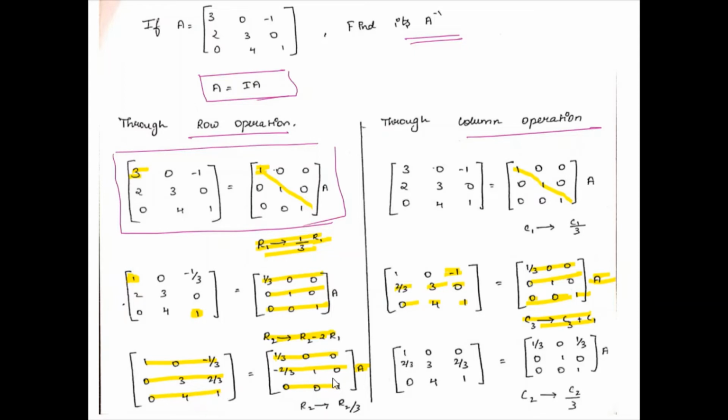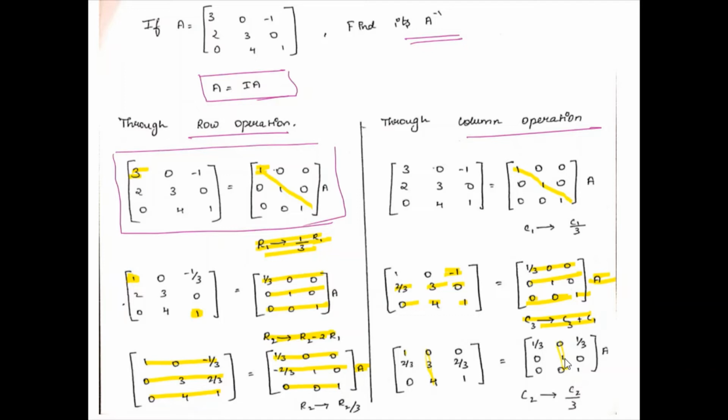So we should convert A22 into 1. For that we can apply the operation R2 implies R2 by 3. When we are applying this operation, the A22 will become 1, that is 3 by 3 will become 1. So the resultant matrix will be [1, 0, -1/3; 0, 1, 2/9; 0, 4, 1] = [1/3, 0, 0; -2/9, 1/3, 0; 0, 0, 1] into